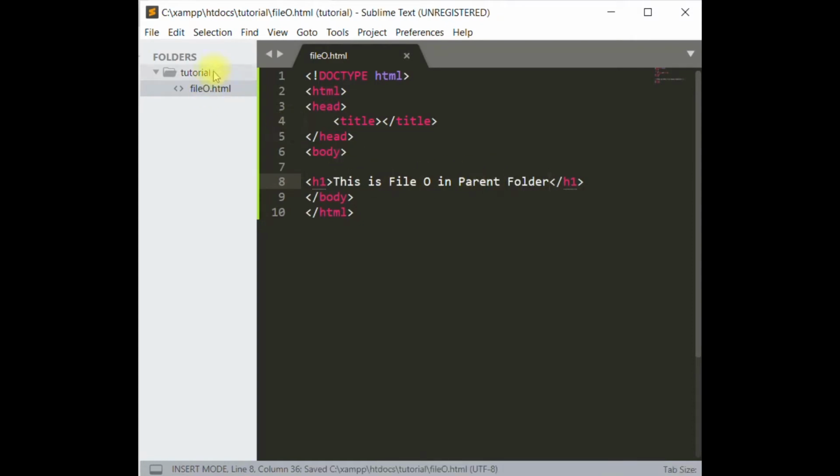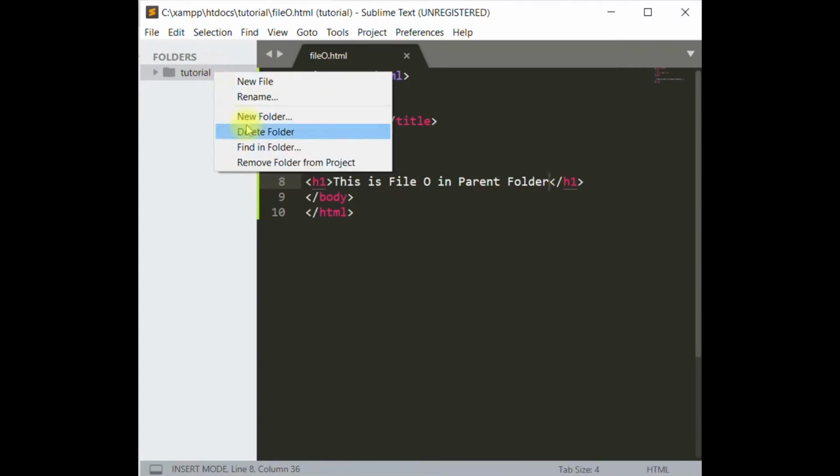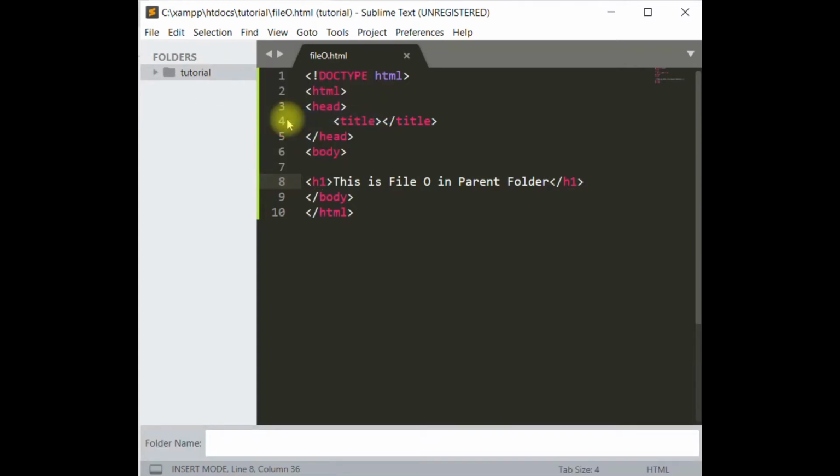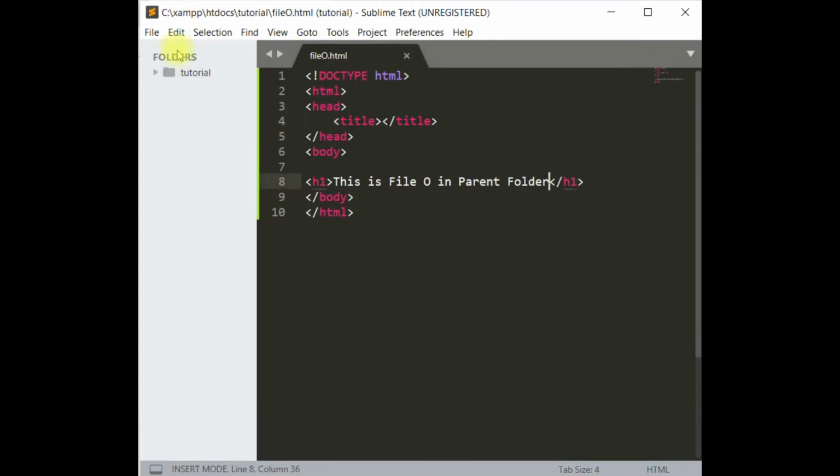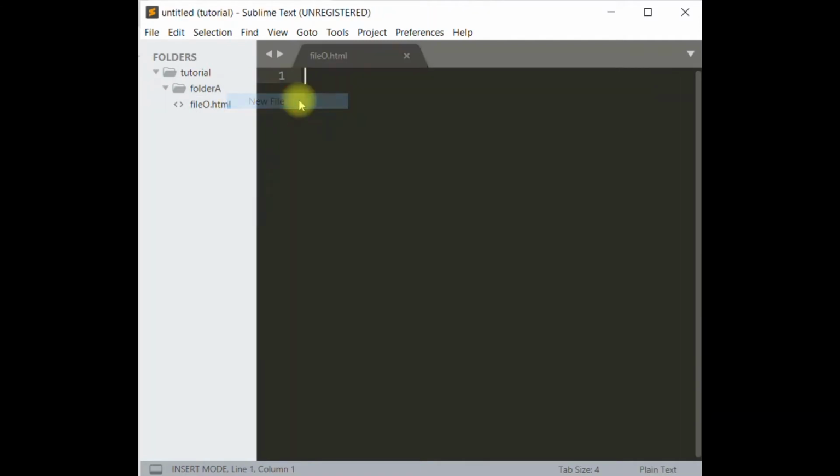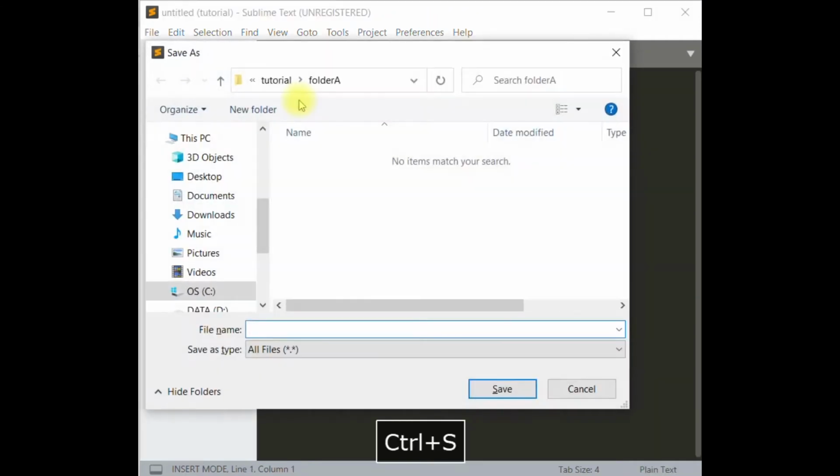Now I will create one more folder in the parent folder named folder A. So you see this is the new folder we have created, which is now empty. I will create one file here and name as file a.html.